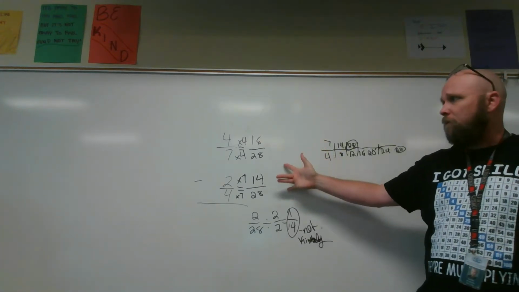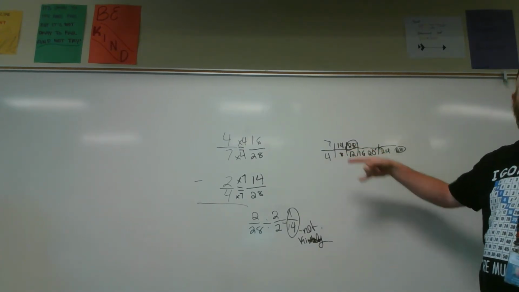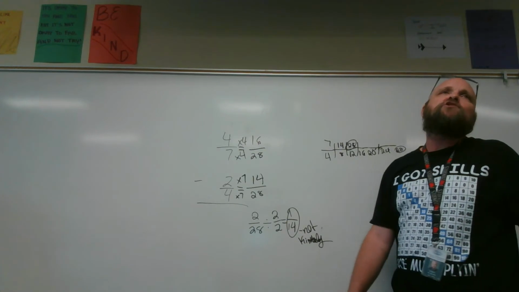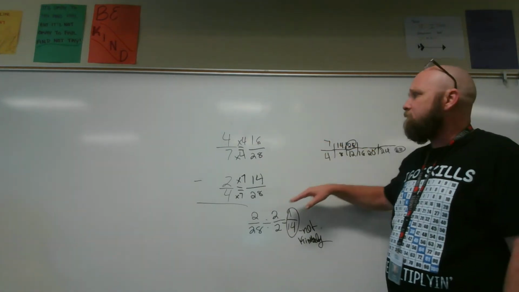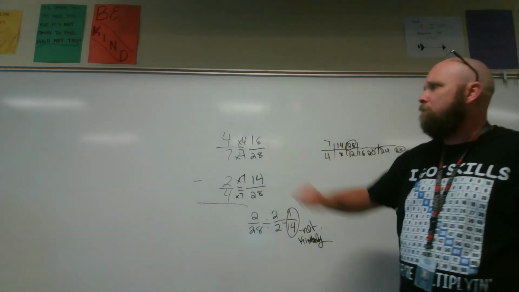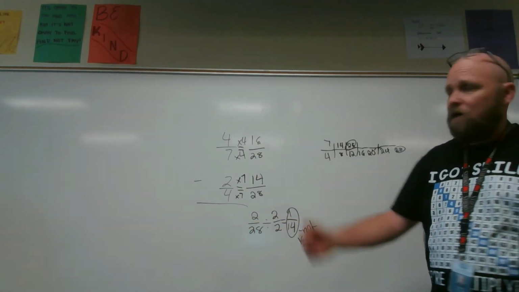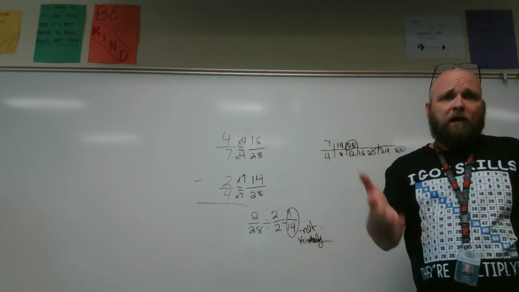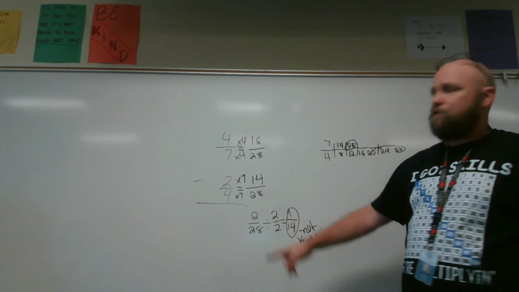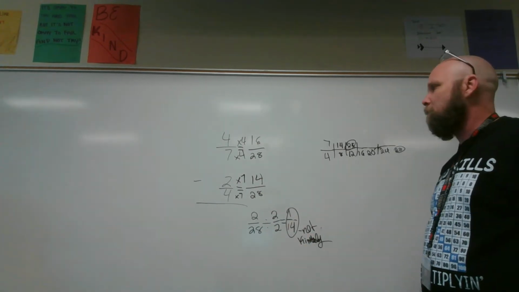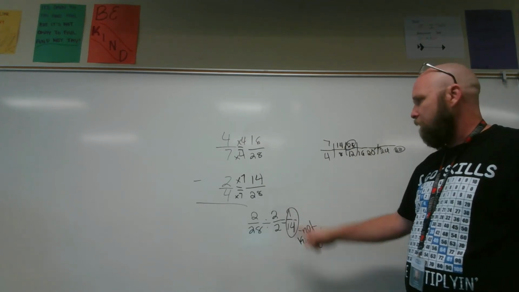not Kimberly just did this problem, 4/7 subtract 2/4. She found the least common denominator, which was 28. It was 28, just like the last problem had a least common denominator of 28. She changed 4/7 to 16 over 28. Those are equivalent values because she multiplied both the numerator and denominator by 4, so that doesn't change the value, just changes how it's written. After that, she had 2/4. She changed it to a fraction with 28 as the denominator, multiplied both the numerator and denominator by 7, got 14/28ths. Notice the subtraction problem. She had 16/28ths, subtract 14/28ths, got 2/28ths. But then she realized